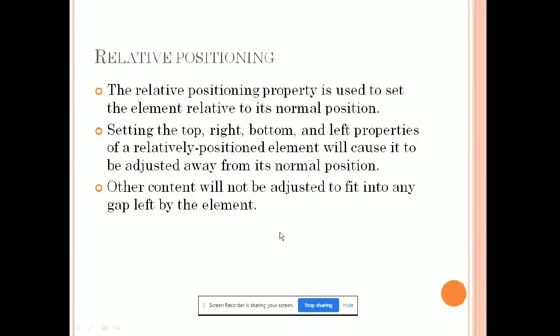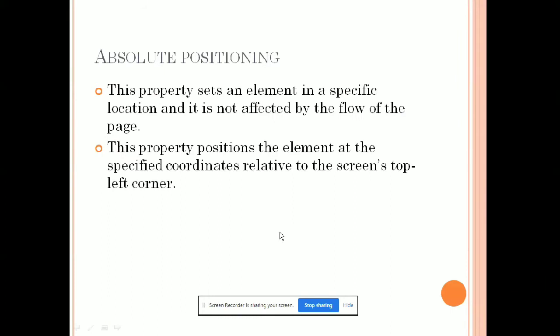Okay. So coming back over here, the third position is absolute position. This property sets an element to a specific location like the fixed. Like you have done in the fixed, you define the properties, it is going to be fixed to that place. Again, it is not affected by the flow of the page. You can specify the coordinates using left, right, top and bottom.